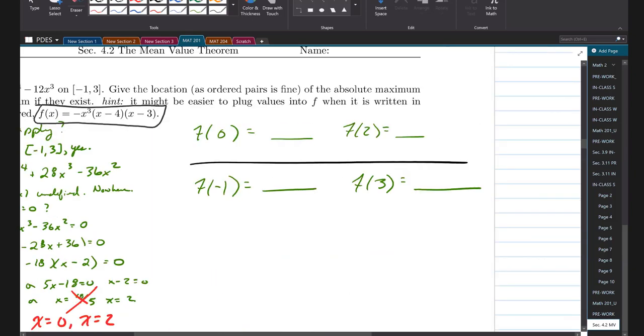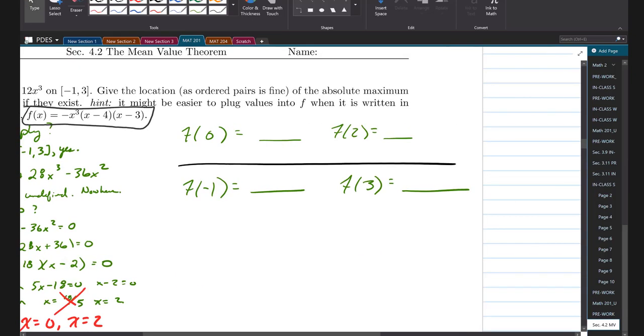So f of 0, if we plug in a 0 into this in factored form, or the other one, it's pretty quickly to see it's 0. For 2, that's a little bit harder. We'd have -2 cubed times 2 minus 4 times 2 minus 3. And if we do that,